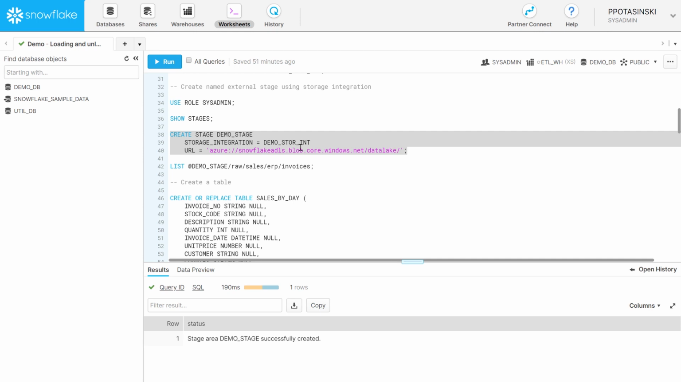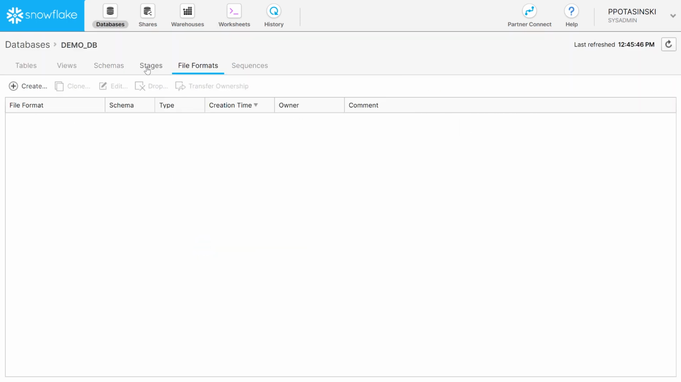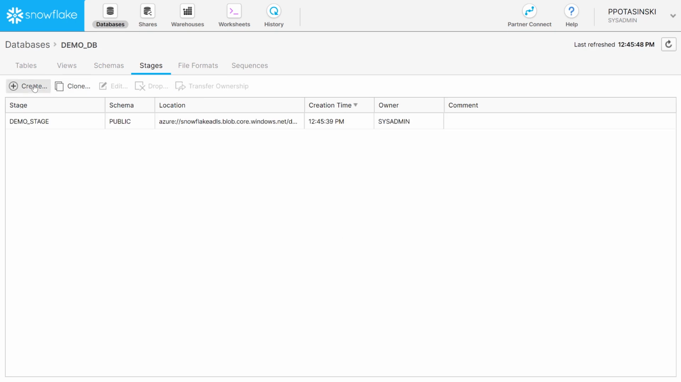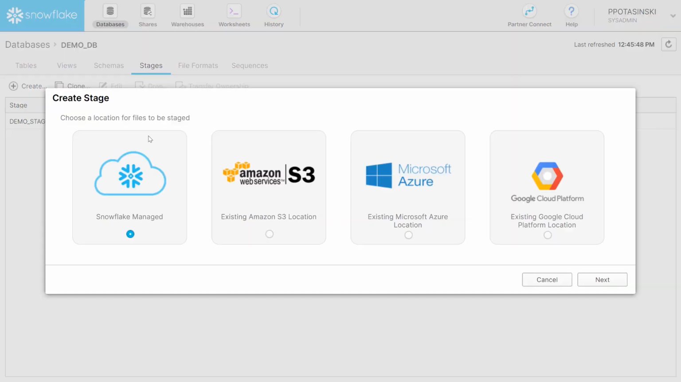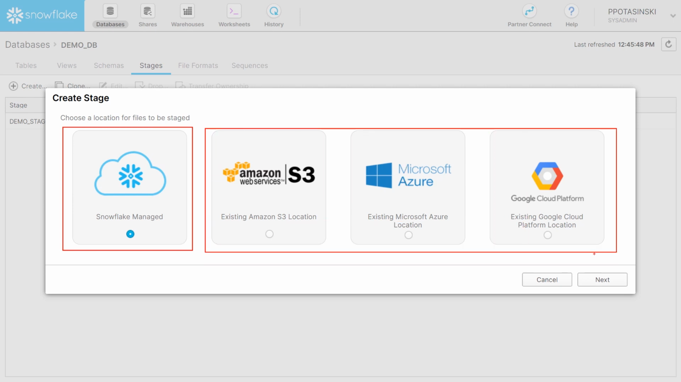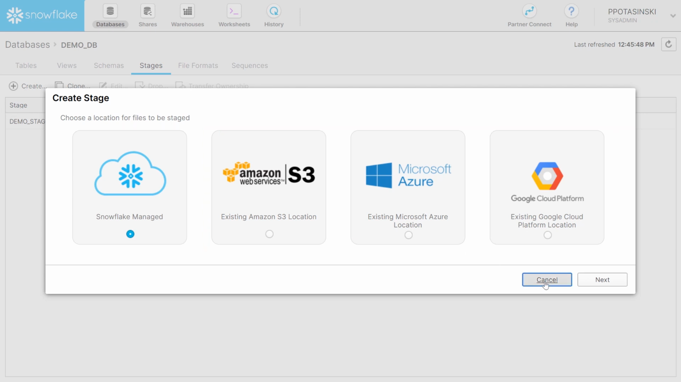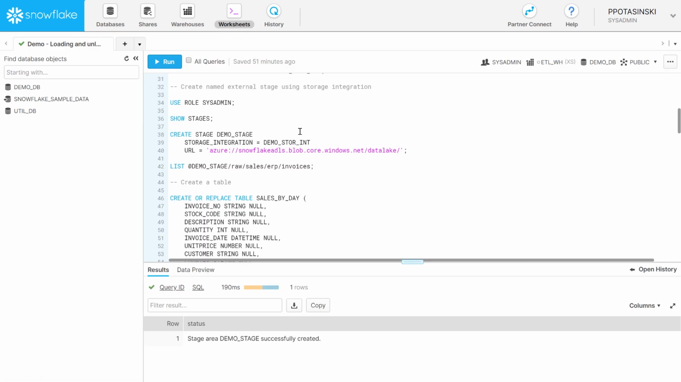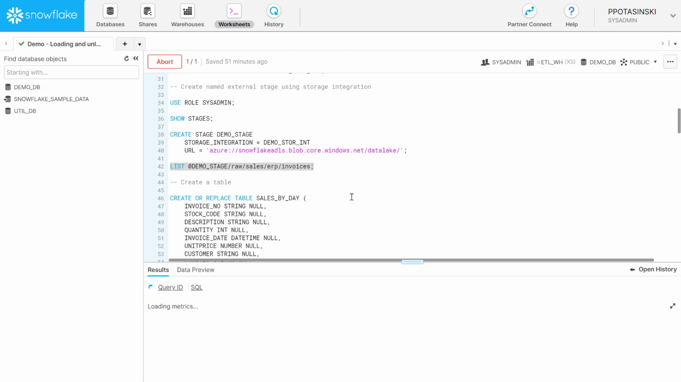Basically, this is the same as if I would go to databases, stages, create, and here you can see that you can create an internal Snowflake stage, or you can pick one from the major cloud storages as your external stage. I'm not going to do that because I've already created my stage with code. And now I can list my